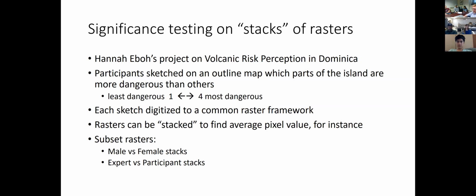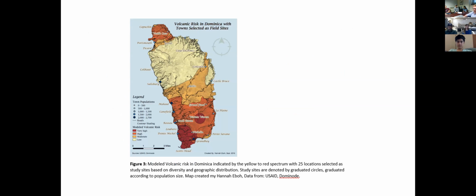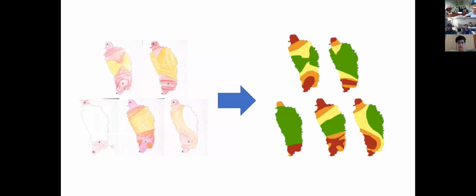It was a pretty cool methodology. So we'll skip past some of this and I'll show you. This is the island of Dominica. This is a map that Hannah prepared, highlighting some of the dangerous spots. The southern part of the island is a little bit more dangerous than the northern part, although the northern tip is a little bit dangerous. And she could probably explain better about why. The methodology was pretty cool, and I was glad to be a part of the development of that.